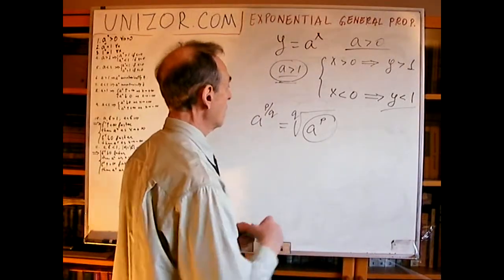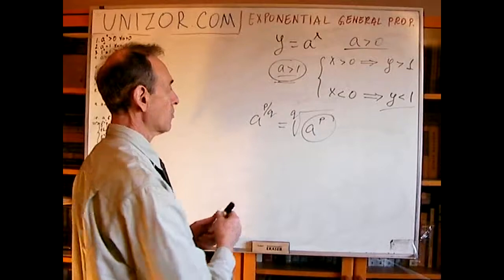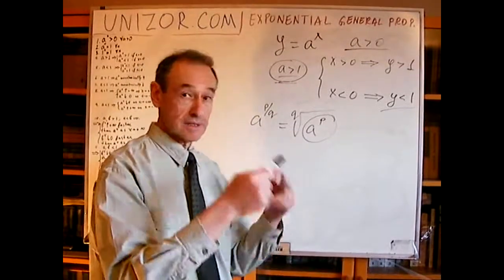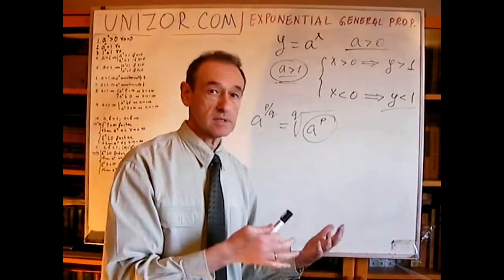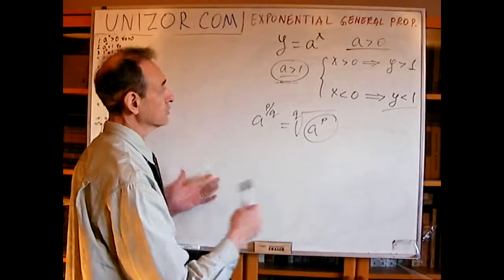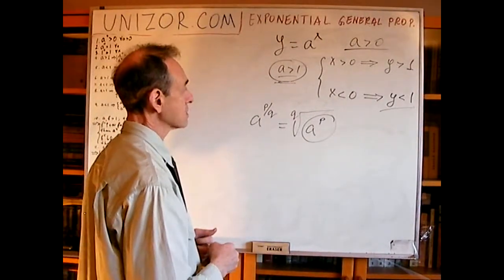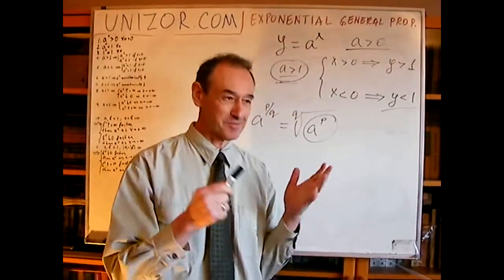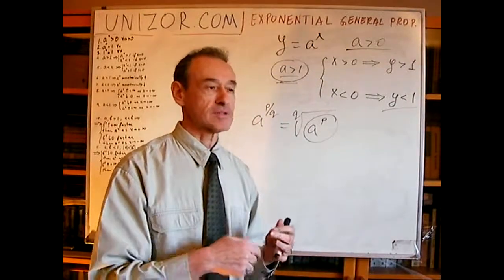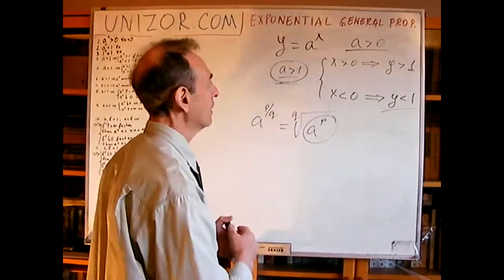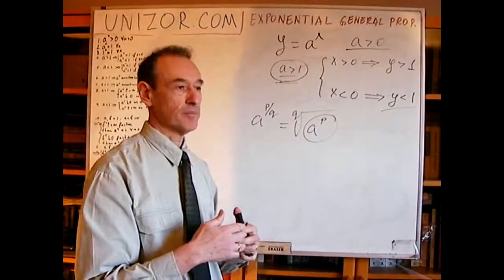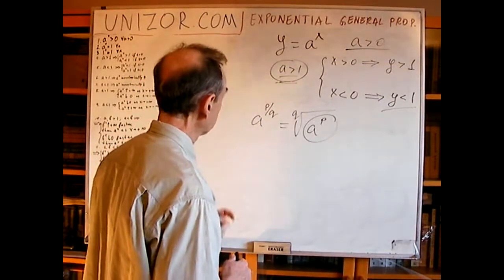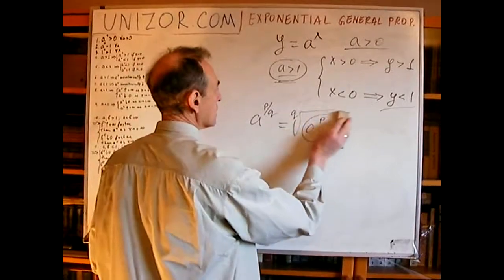So that's obvious too. Similarly, with negative rational numbers, since this is greater than 1, then the negative one should correspondingly be the inverse of a number which is greater than 1, that is a smaller than 1 number. So I proved it for all rational numbers. And I told you I will not talk about irrational numbers, but let me just say it again, that irrational numbers are a limit case of rational, so whatever inequalities are true for rational numbers will always be true for irrational numbers. Okay, now, very similarly,